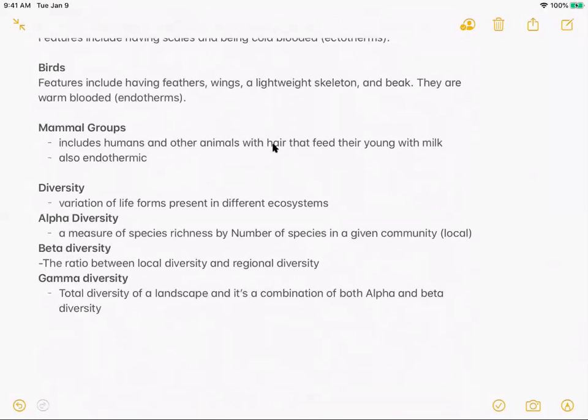And then lastly, this module briefly talks about different types of diversity and diversity in general. Diversity is the variation of life forms present in different ecosystems. If you have a certain number of species within your ecosystem, you could have more diversity or less diversity. If there's too much of one species compared to all of the others, you're going to have less biodiversity. Or if you have a bunch of different species living in an ecosystem, you would have a lot more